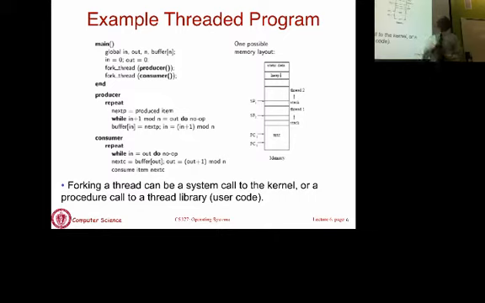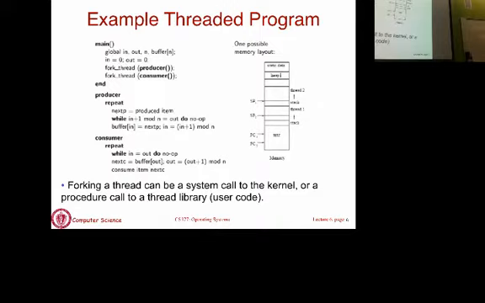Okay, this is the picture to keep in mind. This is your code or text segment, and the code for the producer and the code for the consumer are both in the text segment. You will see there are two program counters, one for each thread. Think of it as one program counter pointing to whatever statement is being executed in the producer, and the other program counter in this function, executing the consumer code, and they are each going to execute concurrently.